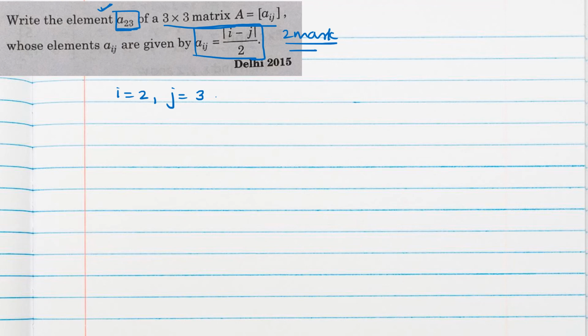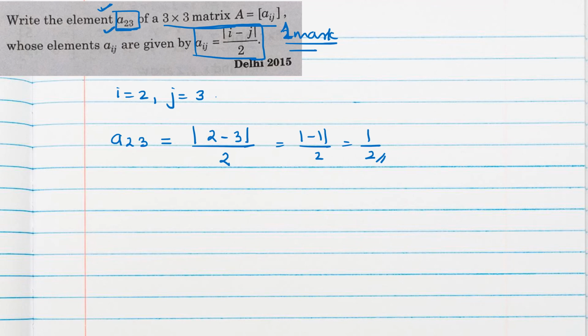So we'll substitute the i and j values directly here to get one element. Otherwise, to find the matrix, sometimes they ask to find the matrix with elements given by this. At that time A12, A21, according to the order of the matrix we should find. Now here we can substitute i and j values as 2 and 3. So 2 minus 3 divided by 2. So this is a mod value. So minus 1 will be plus 1. So 1 by 2 is the answer. So this is for 1 mark only, because only one element is asked.